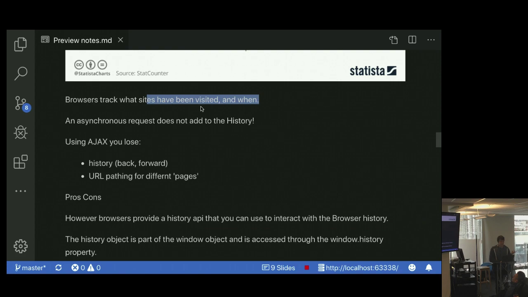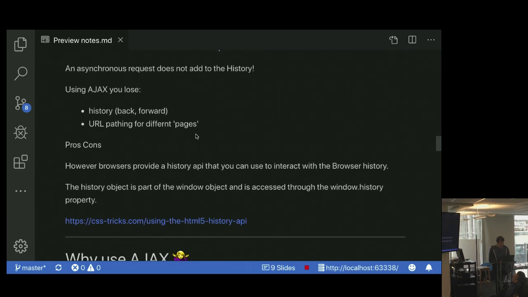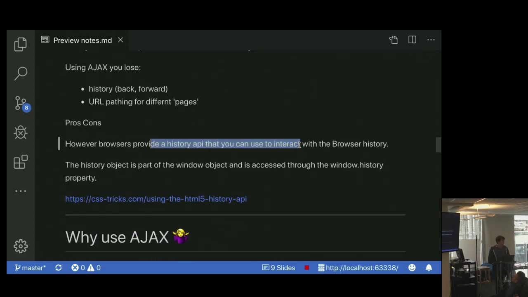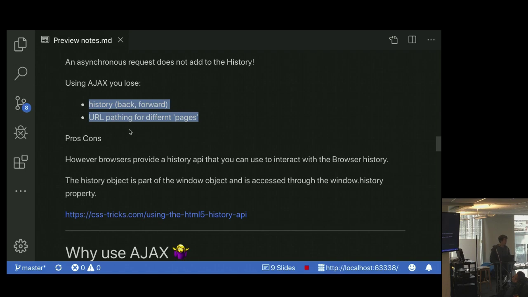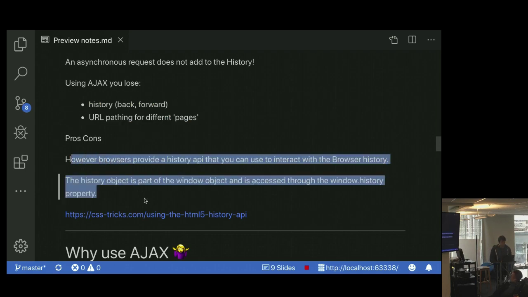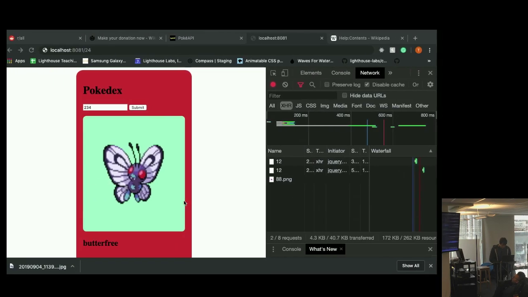That doesn't mean we can't do it. There is a history API that you can use with JavaScript, and with this history API, you can update the browser history as well as update your URL manually. So you can get around it, but by default, that's something you have to look out for. If you want to keep track of different content in a history style manner or link to it specifically, you are going to need to do that yourself. And that's with the